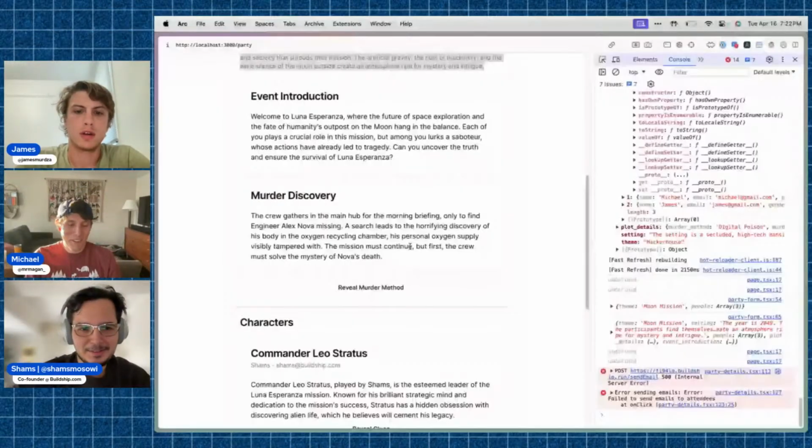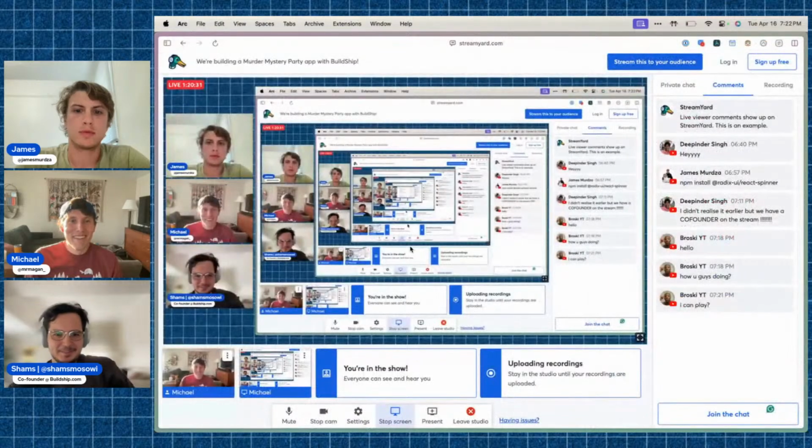Basically it generates a murder mystery party, where you put in some inputs. So we put our names, and then we put a theme, which was on the moon, and then it generated this whole thing. Actually, I can read through the intro script. I think that's kind of fun. Do you think, Michael, we can play in like 10 minutes? Yeah, we could. There's only a one in three chance you guess the murderer.